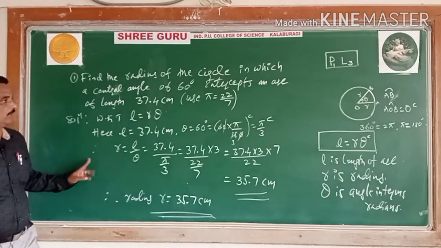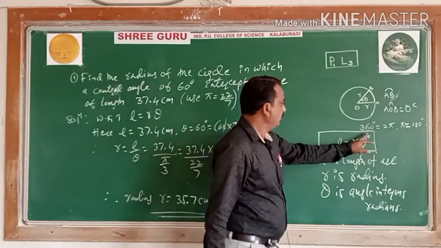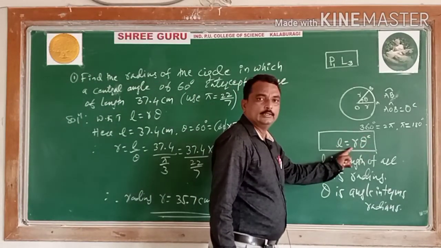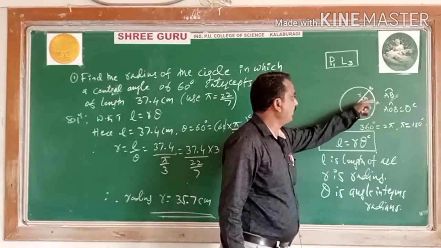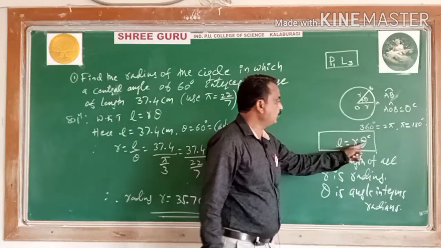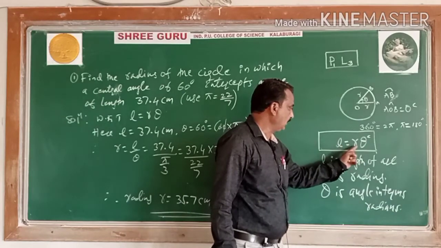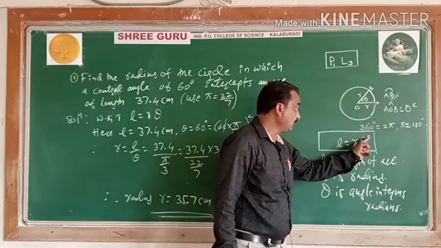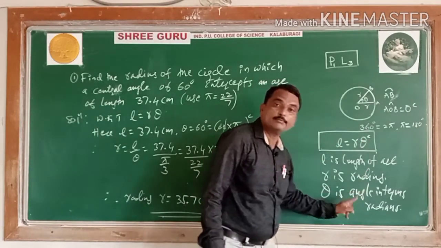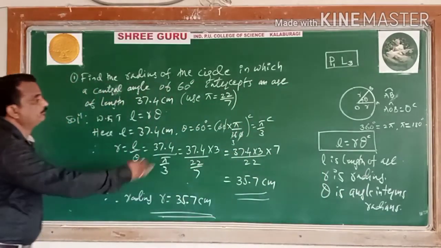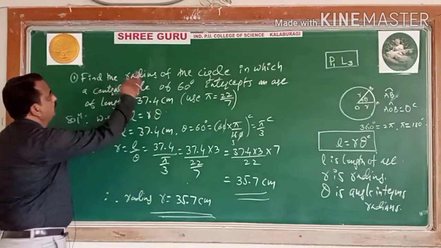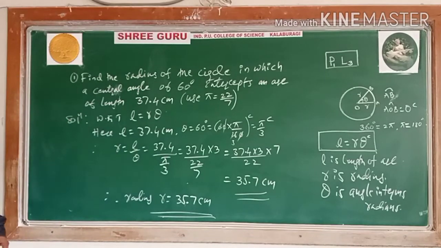Students, remember for 2 marks, the important thing is that you should remember this result: L is equal to r theta. Length of an arc is equal to radius r into theta. Here L is the length of an arc, r is the radius of the circle, and theta is the angle subtended at the center in terms of radian. Remember this formula. Using this result, you have to calculate some examples. This is the first example of this second type, after conversions of radian to degree and degree to radians. Let us see this one.